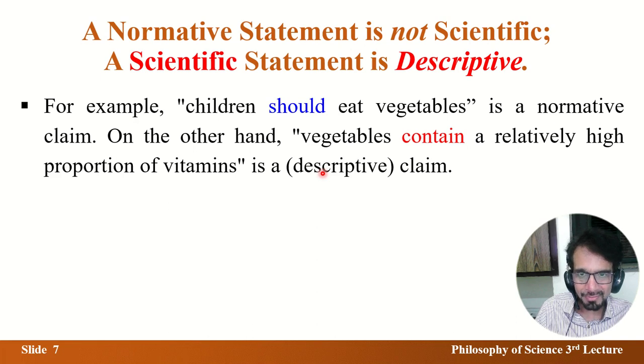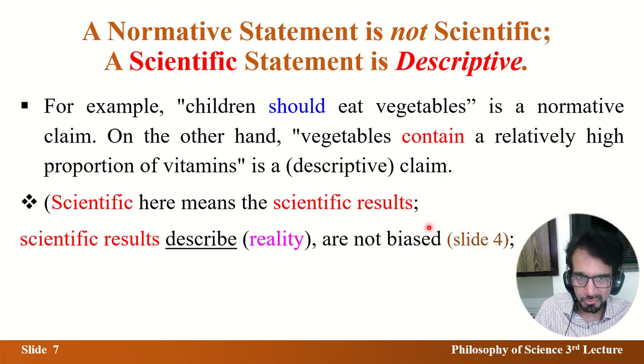So scientific results do not use the word should. Scientific results use the word is. Scientific results describe, and people say describing reality is a claim. So that is science. But if you talk about the activity of science, the word should is used, and that is normative. So scientific results are descriptive, scientific activity is normative.